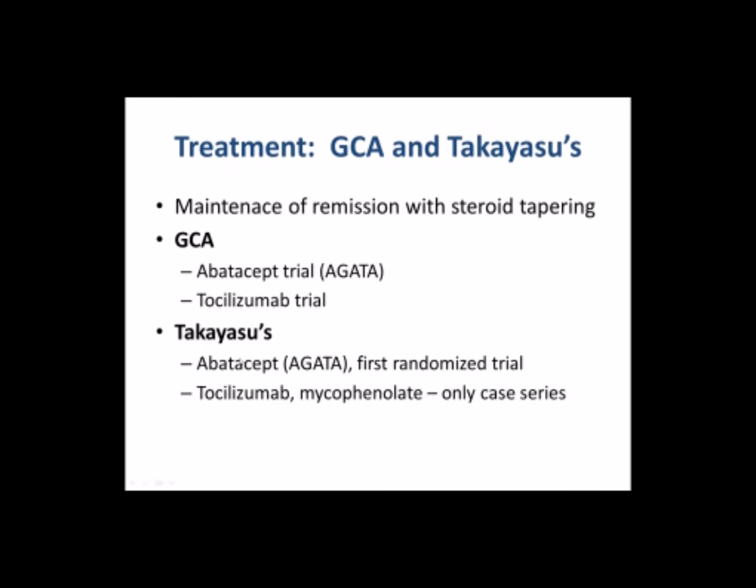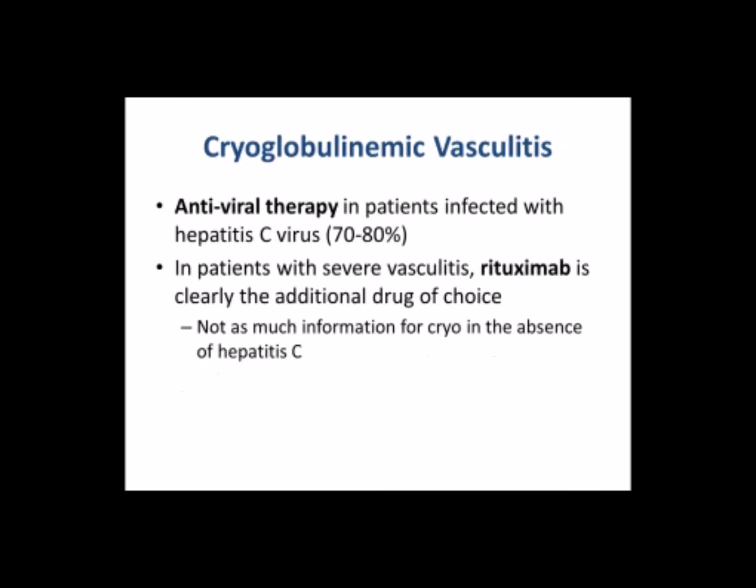Takayasu is much tougher to study. The same trial as is done here is actually the first randomized trial on Takayasu's. There are a lot of small series, generally done by experts around the world. Some of the drugs that have been looked at recently, which are interesting, are mycophenolate or Cellcept, which is widely used in lupus, but not so much in vasculitis, and again, tocilizumab. But I have to stress that whenever somebody publishes a series of 10 or 20 patients who did well, that's encouraging, but it certainly doesn't tell you which drug is better, and it doesn't even really tell you how well it works.